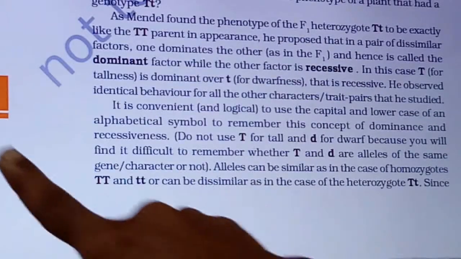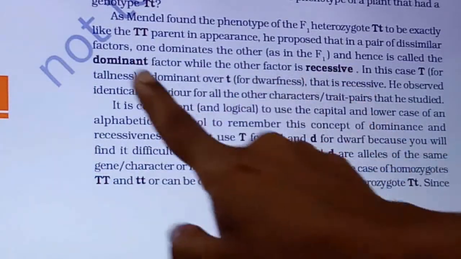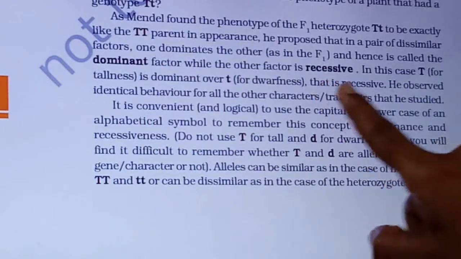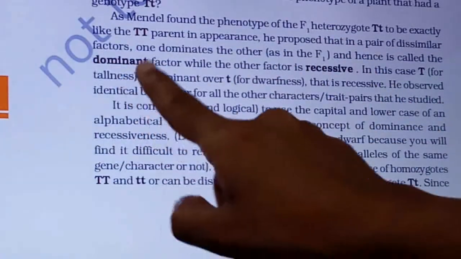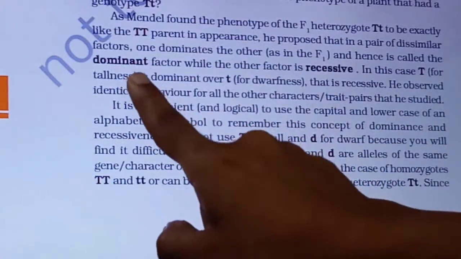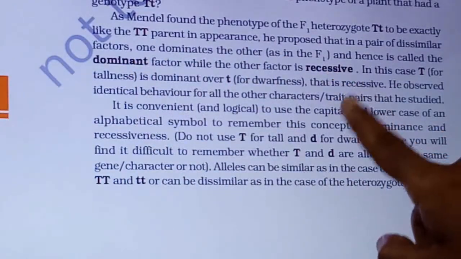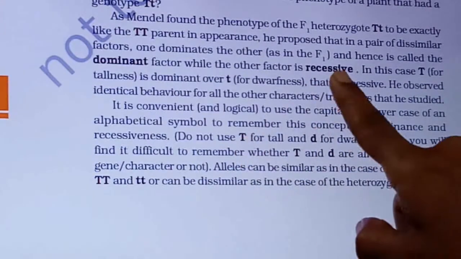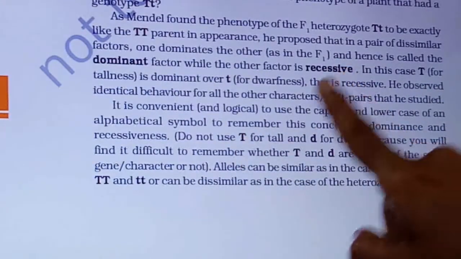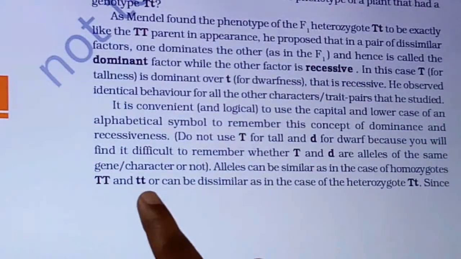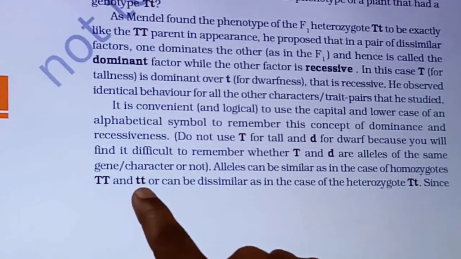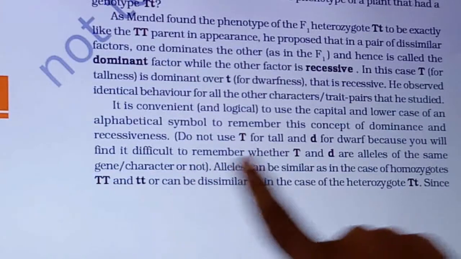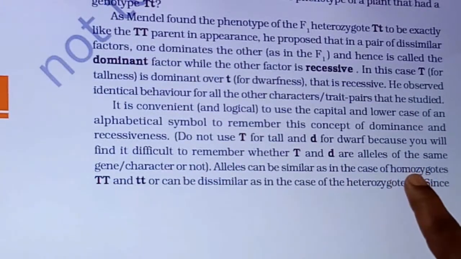In this, on page number 72, you can see that two terms are there. Dominant means what and recessive means what. So you have to prepare the definitions, what is meant by dominant and what is meant by recessive. Dominant, how is it denoted? Capital letter, right? And a recessive character is always denoted by a small letter. So this is the homozygous recessive. This is homozygous dominant. So homozygous means what? Both are looking the same.